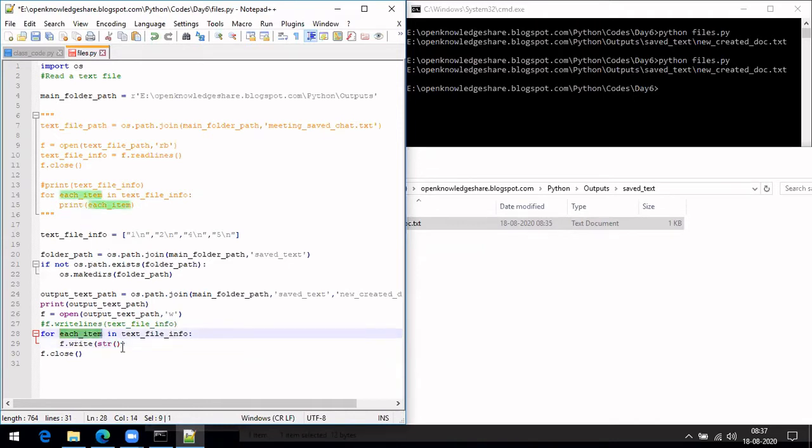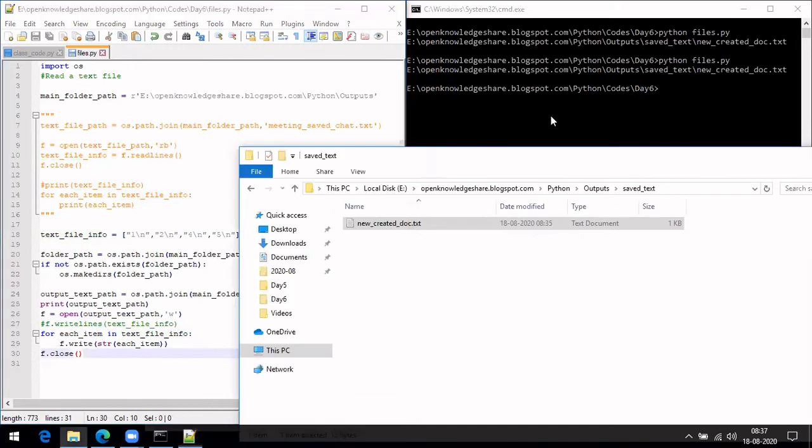Let's just leave it that way. So there I am making it a string again, to ensure that in case it is not a string, it will be converted into a string. Earlier we used writelines. Now we are doing only write, which actually means writelines usually expects a list in this argument, but write will expect a string. So that is the difference.